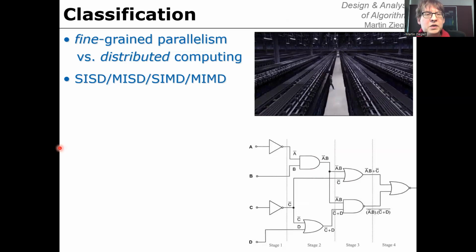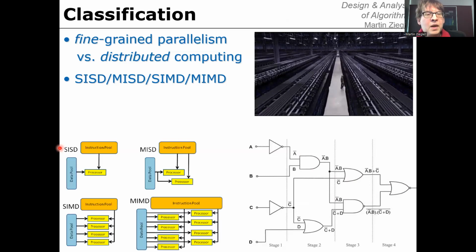On the one end of this spectrum, we have single instruction, single data. And on the other hand, we have multiple instruction, multiple data, and combinations between them: multiple instruction, single data, single instruction, multiple data. And the difference is: do all CPUs, all processors, execute the same code, like in this example, or does every processor get its own individually tailored piece of code? Do all processors operate on the same data, or is the data split and distributed to each processor individually,